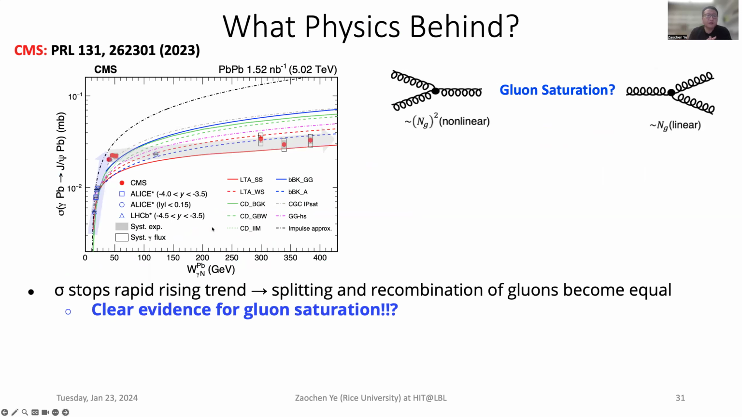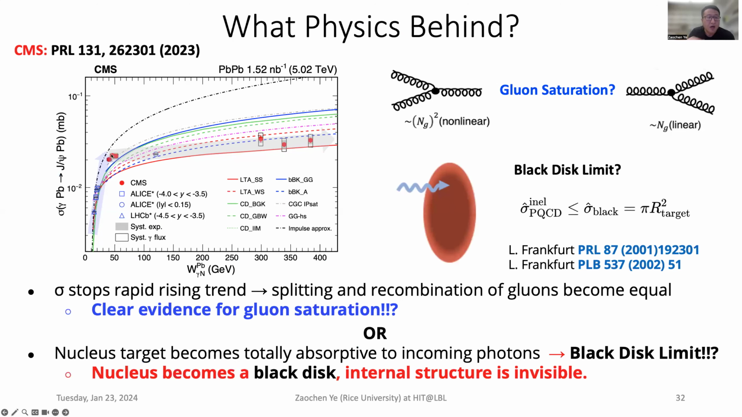So what is the underlying physics behind this? If the reason for this observed data trend is really due to the splitting and the recombination of gluons becoming equal, this could serve as clear evidence of gluon saturation. However, we also notice that